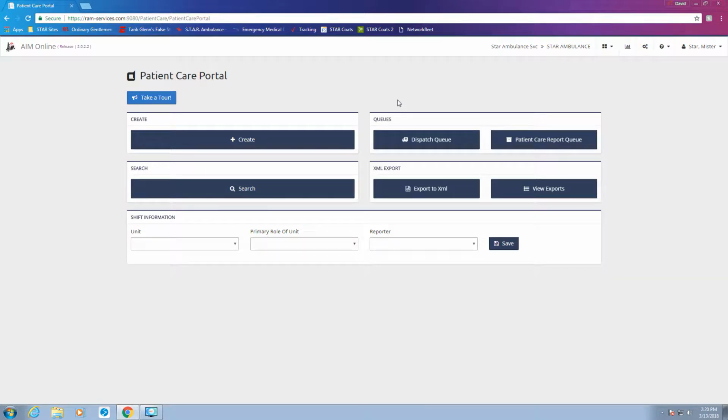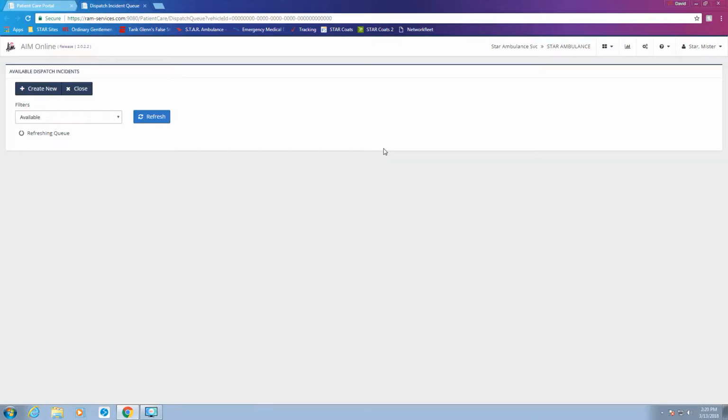From here, you're going to have this page brought up. We're going to go to the queue, the dispatch queue right here. This is going to look for all the runs assigned to whoever is signed in here. Obviously, when dispatch creates a call, they assign a crew to it, generally 2 crew members. Mr. Star here will have some runs assigned to him, and it will look for all those and bring those up for you